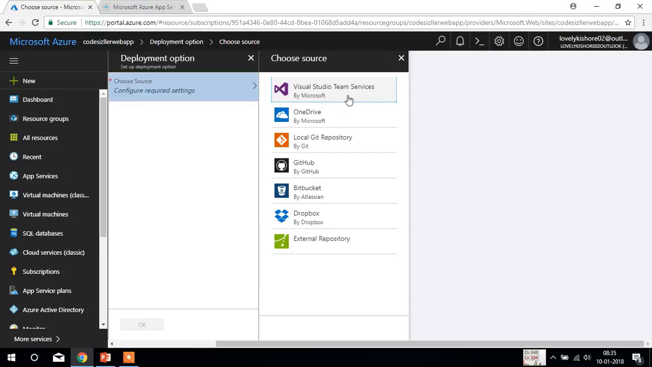You can choose Visual Studio Team Services, which means you can work with team services via the internet, where multiple people can work on the same resource, and whatever changes you make to your source files will automatically get reflected here. In the same way, you can upload your website into OneDrive and connect it here, so that it will again reflect. You can use your local Git repository, Bitbucket, Dropbox, or any other external repositories. So here let me choose GitHub,